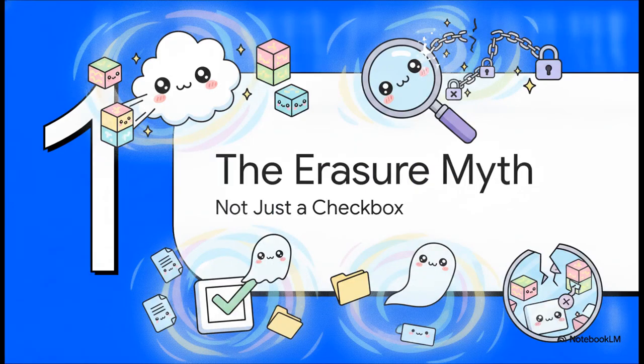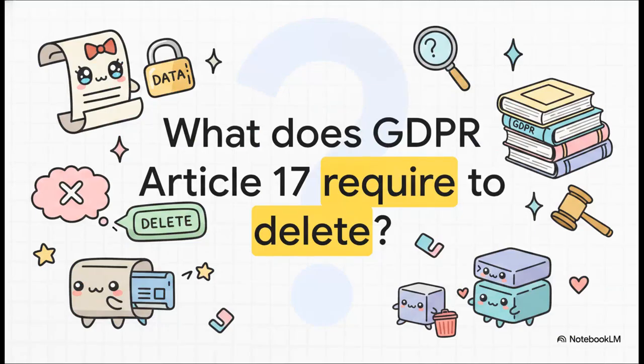Starting right off with Section 1, the erasure myth. And spoiler alert, it is definitely not just a checkbox. So, what does GDPR Article 17 actually require when a user hits that delete button? There's this persistent, kind of massive illusion out there, even among engineers, that it just means wiping a row in a database. But come on, we know modern distributed systems are built for redundancy, they're built for eventual consistency and immutable event logging. So when a user asks for deletion, it literally contradicts the very foundation of how we design databases today. Executing this properly requires rigorous legal analysis paired with some seriously sophisticated technical orchestration.